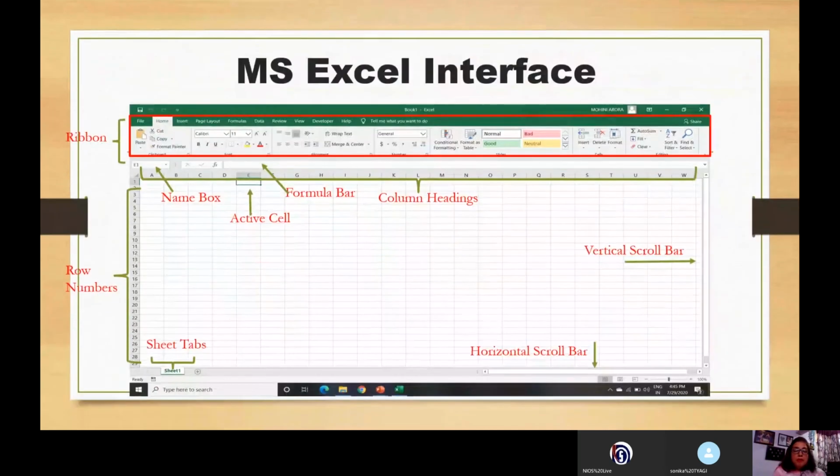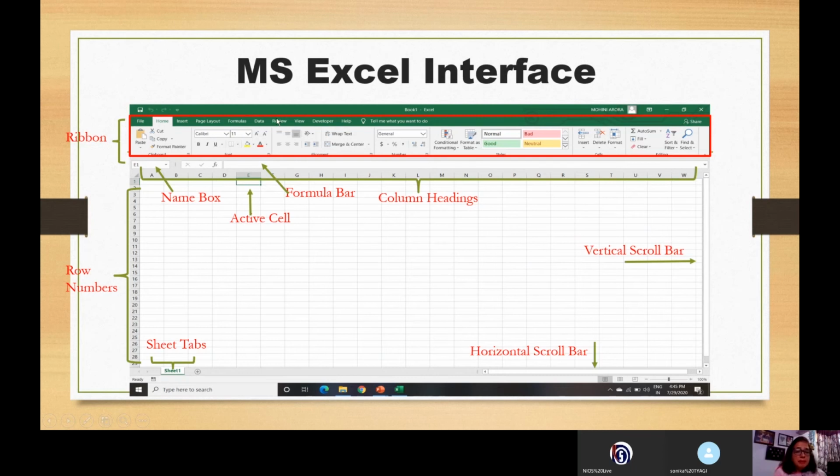So before we move on to the live illustration part, I would like to show you the Excel interface and discuss its components in brief. So this is the ribbon. This part which is over the spreadsheet, on the top portion of the spreadsheet, is the ribbon.